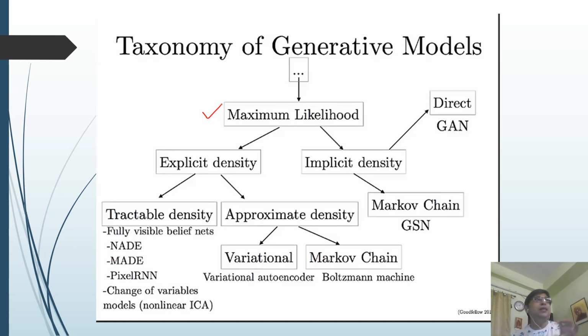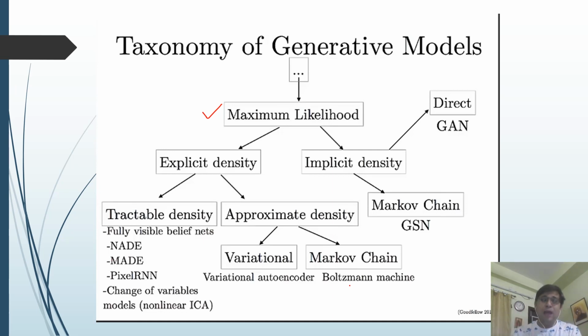Explicit density means you are focusing on finding the value of theta, and implicit density means you focus more on the generation and you do not really want to understand the exact form of the density. That's why it falls under implicit density. Some other important deep learning based models are variational autoencoder and Boltzmann machine. From the other domain you have fully visible belief nets. But some of the older ML based techniques were very sequential, so the generation or the optimization of the models is not actually parallel.